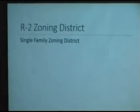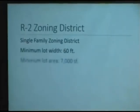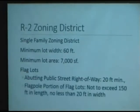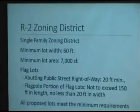As I mentioned, this is zoned R2. This is the single-family zoning district. The minimum lot width is 60 feet. The minimum lot area is 7,000 square feet. For flagpole lots, and the 2 westernmost parcels are flagpoles, they are required to abut the public street right-of-way for a minimum distance of 20 feet, and they have a maximum length of 150 feet in length. All the proposed lots in this configuration before this evening meet all the minimum requirements as specified in the zoning